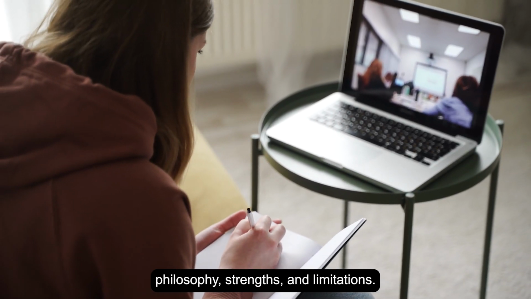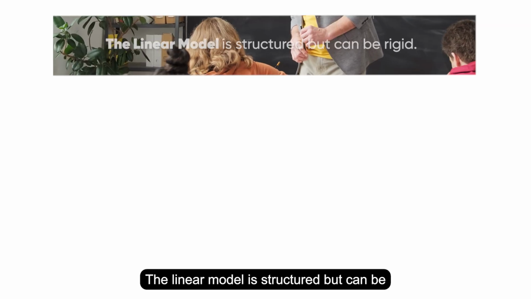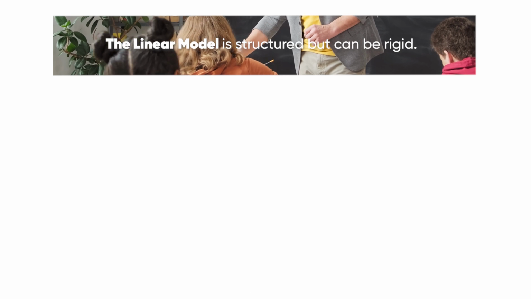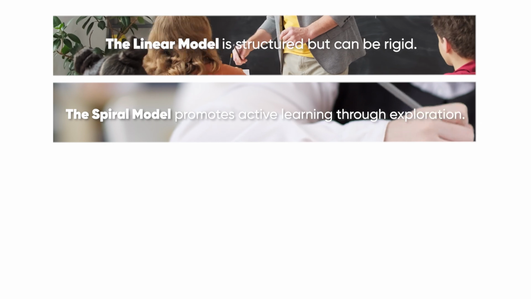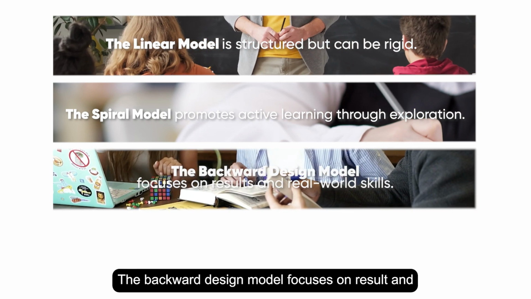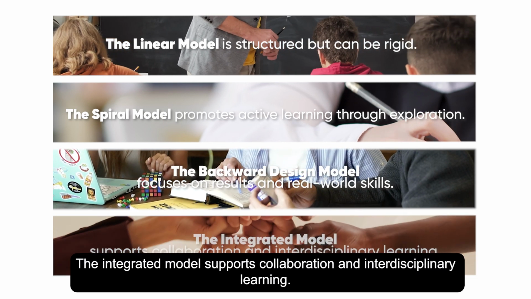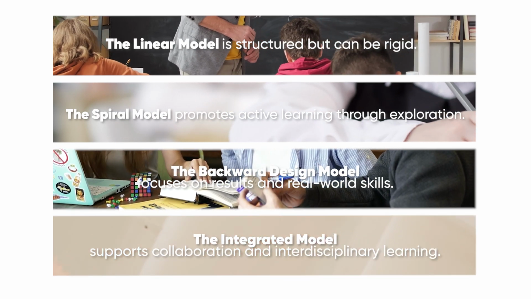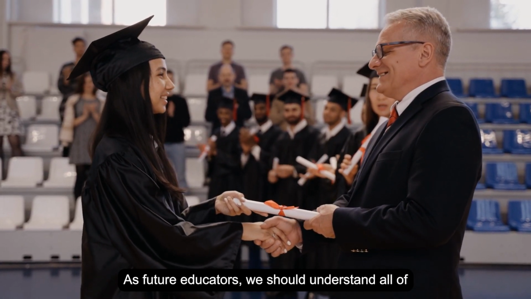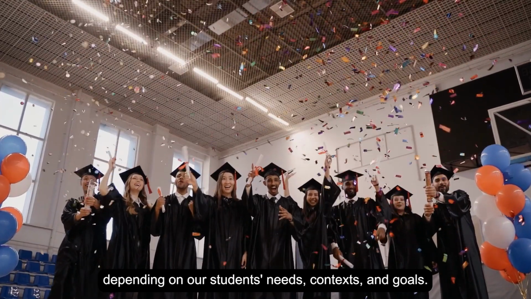To conclude, each curriculum model has its own philosophy, strengths, and limitations. The linear model is structured but can be rigid. The spiral model promotes active learning through exploration. The backward design model focuses on results and real-world skills. The integrated model supports collaboration and interdisciplinary learning. As future educators, we should understand all of these approaches and apply the most appropriate one depending on our students' needs,